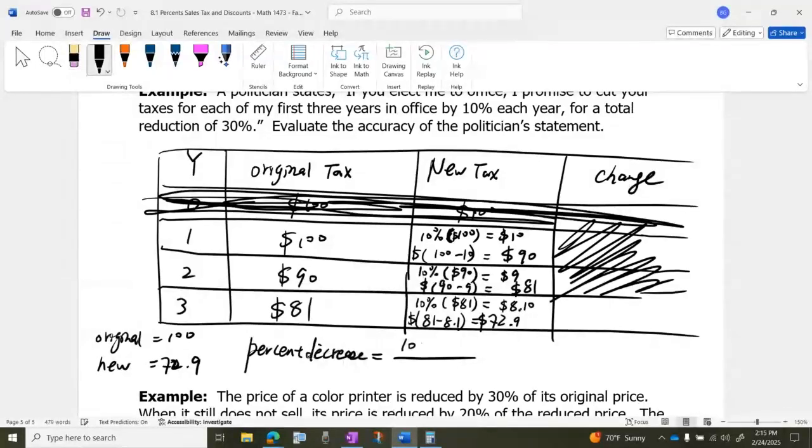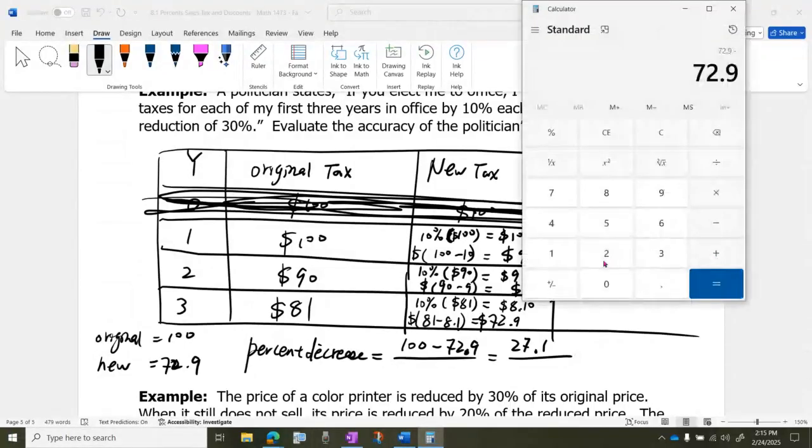So you pay this much less, right? Originally you're supposed to pay 100. Now you only need to pay 72.9. That's how much is it? 27.1. Let me double check. 100 minus